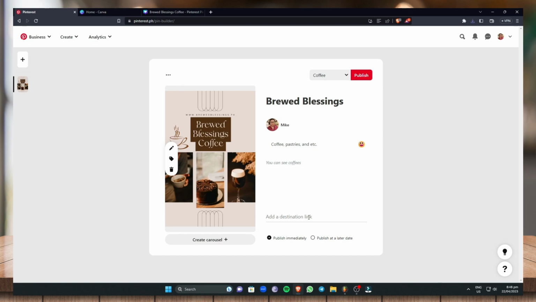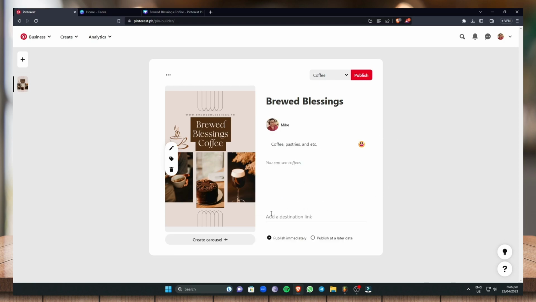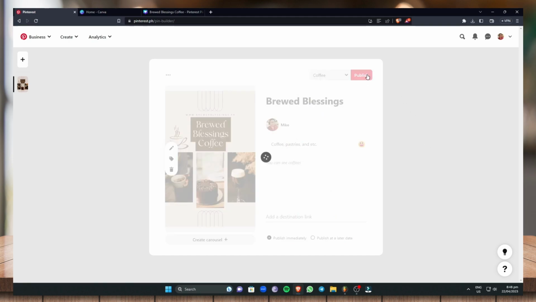So a destination link means that you can actually add your shop right here or what platform you are selling. So if you are on Shopify, you can actually add your Shopify store link right here. Or if you are on Etsy, you can share your Etsy shop store link right here. And after that, you can just publish immediately or you can just publish at a later date. So you can choose the date when you want to publish this, or you can just simply publish immediately. So if you want to publish immediately, just click on publish right here